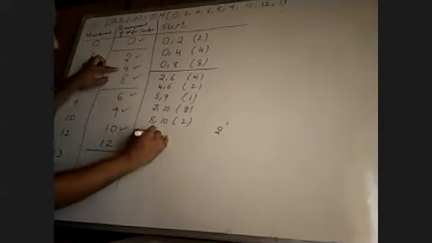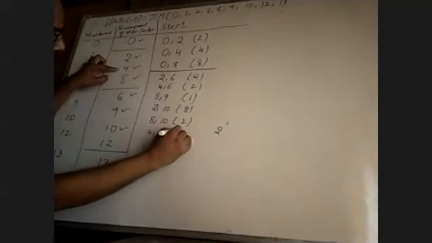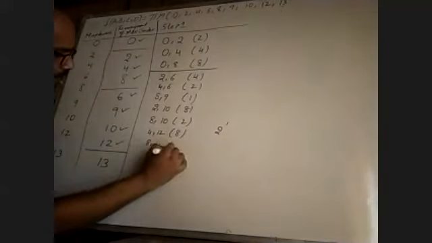It is completed. Next, 12 minus 2 is 10, not valid. 12 minus 4 is 8, valid. That is 4, 12 with the difference 8. Next, 12 minus 8 is 4. That is 8, 12, and we get the difference as 4. It is also valid. All the comparisons are completed. The second group is compared with the third group. Therefore, we can make a separation here.